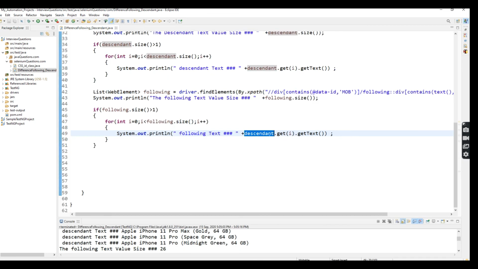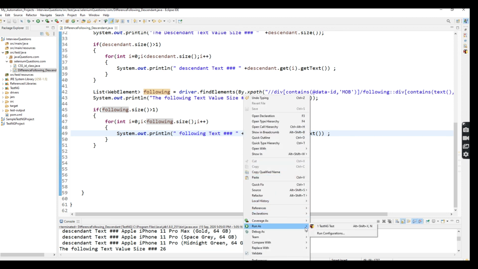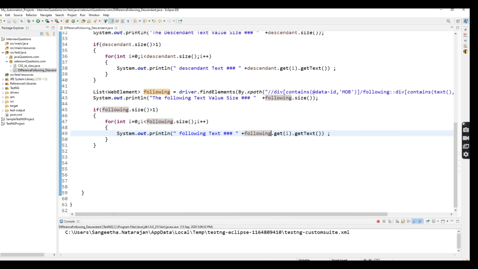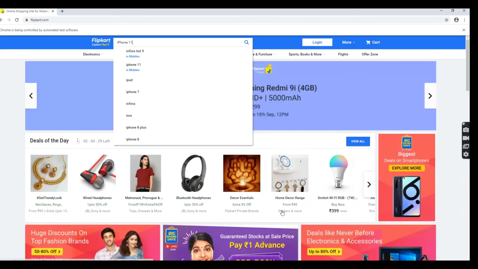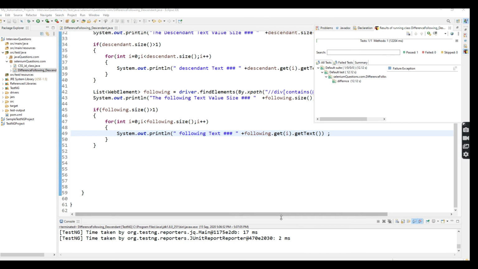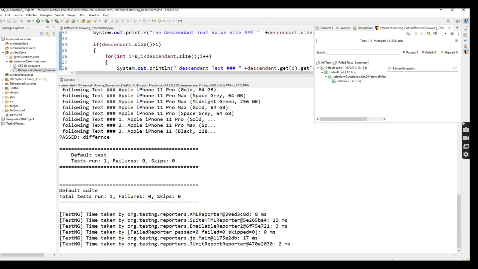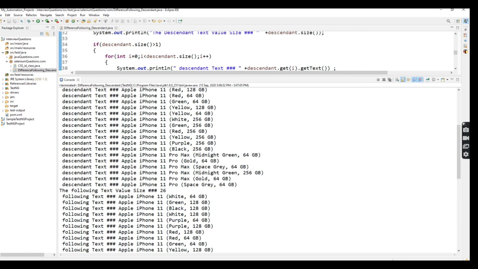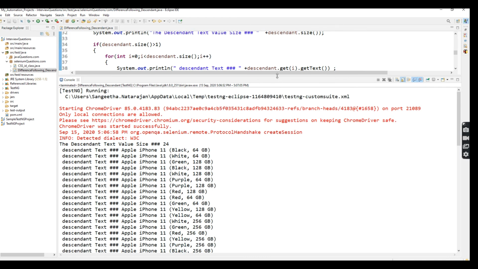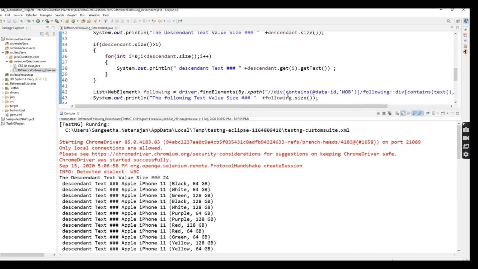Why? I made a mistake here. So I'm going to replace it here with following. Now it will print successfully. Closing. See, it passed successfully. See, 1, 2, 3, it is printed. So this is the way we implement descendant and following.